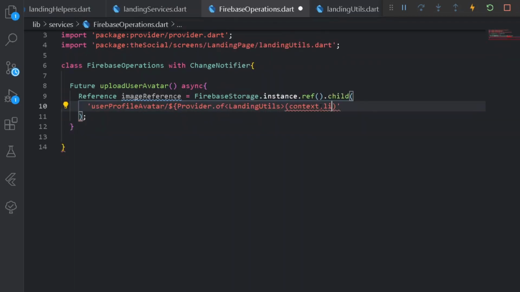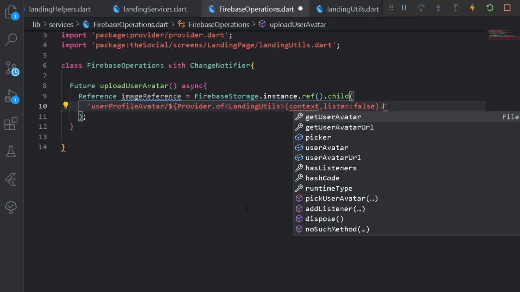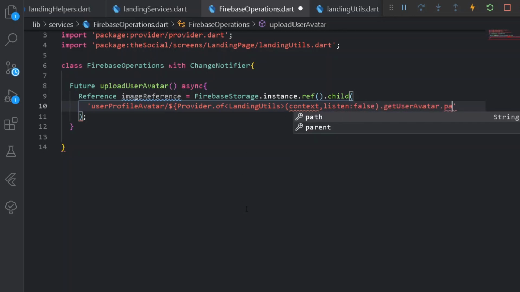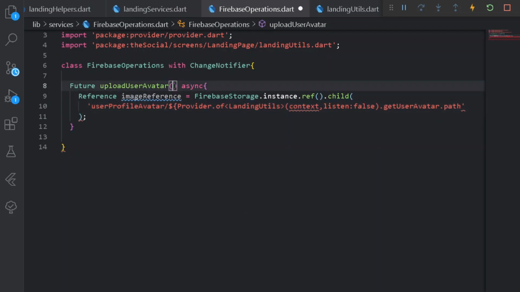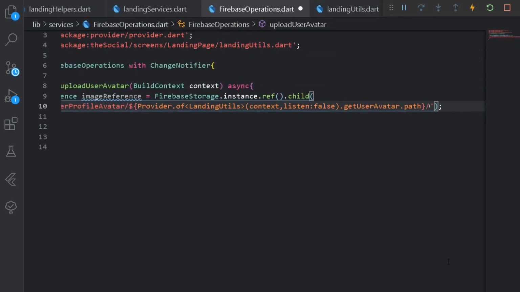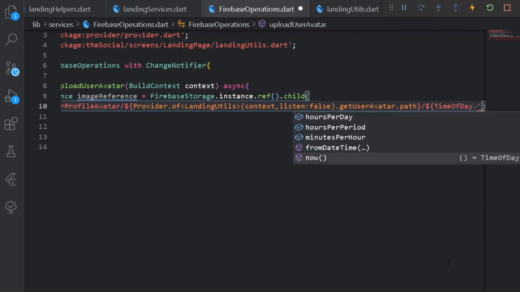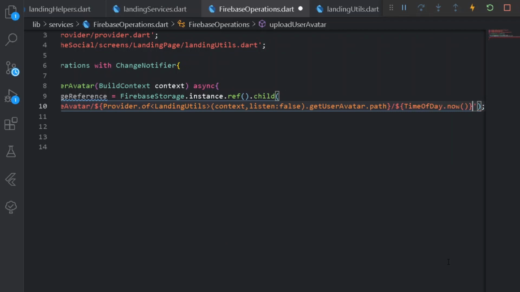From this, let's listen to false because we are only reading the values. And from this, let's get the user avatar dot path. Alright, let's provide a build context as well, no worries, to be a context. So here after having the following path, we shall be having a time of now. So after having the following path, I shall be also referring to time of day dot now for the following time. Alright, let's have a curly bracket here.